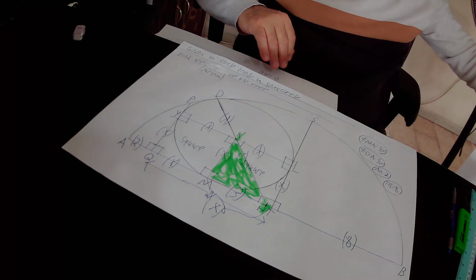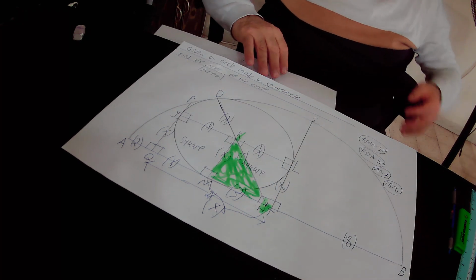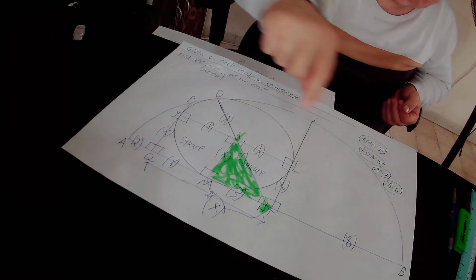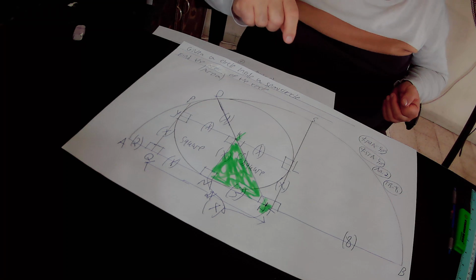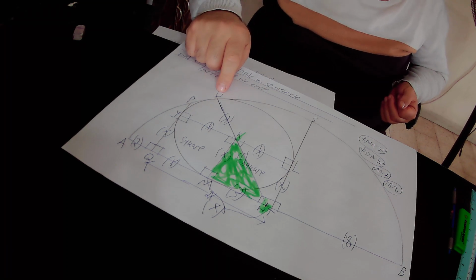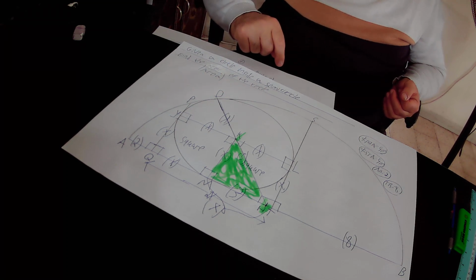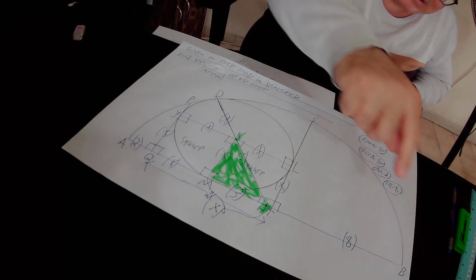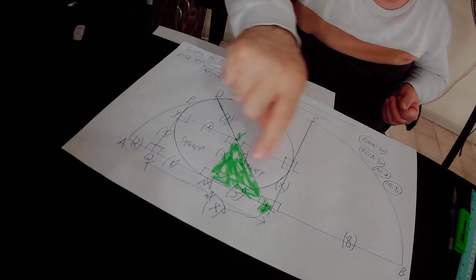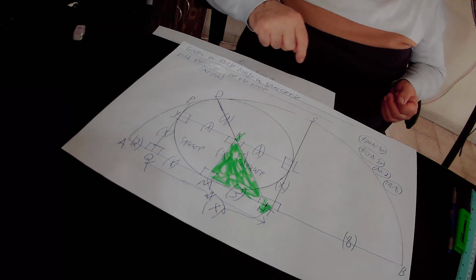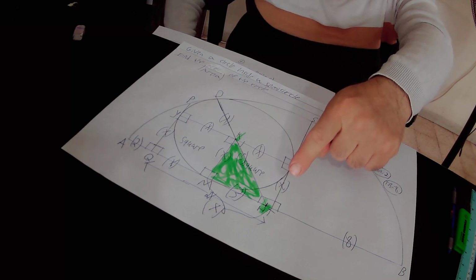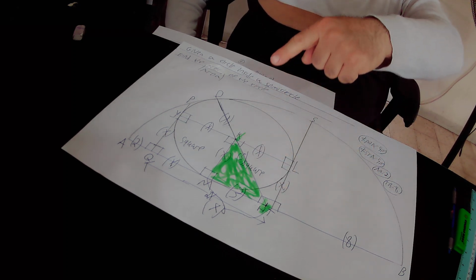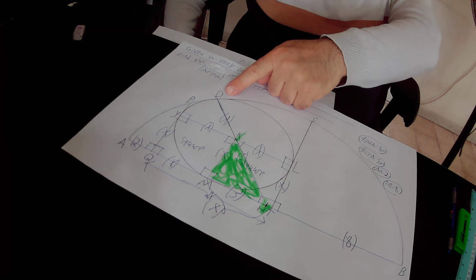So we can actually implement rule 9 in our drawing. Why? Because in our drawing we have an internal touching between the big semicircle and this small circle. That is to say, they are touching each other internally at this point D. And therefore, according to rule 9, the center of the big semicircle is H. The center of this small circle is K. And the straight line that connects the centers together is the straight line HK, and this straight line HK must pass through